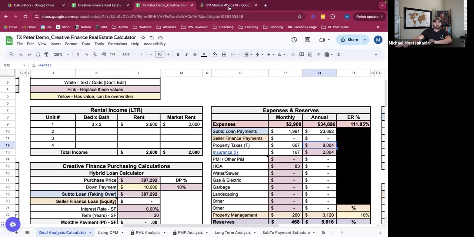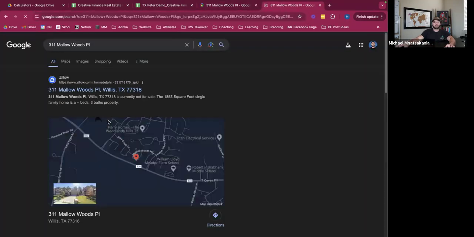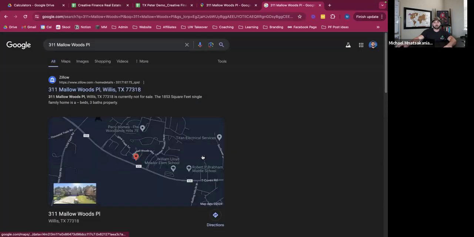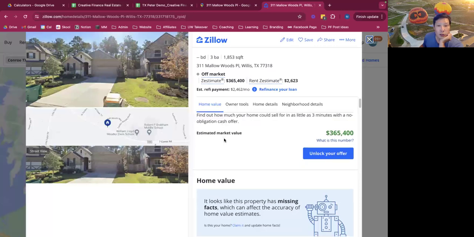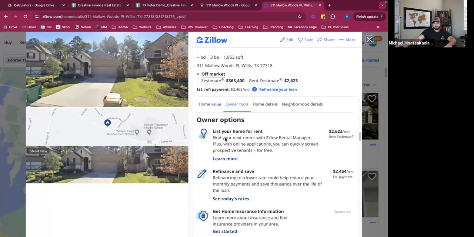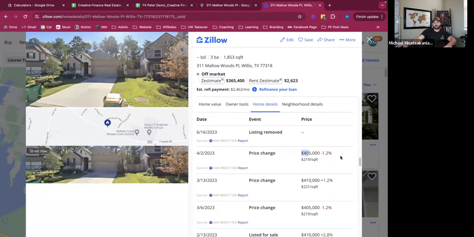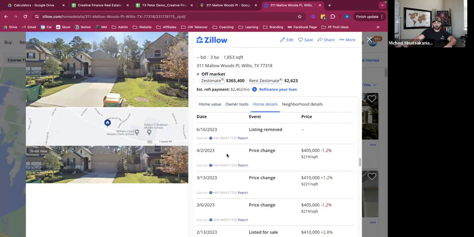We can actually pull this up on Zillow real fast. Talk to me about the situation. I know a wholesaler brought it to you. Do you know anything about the seller's motivation or anything like that? That I do not know. Because I like to know that stuff right away. In my opinion, it's the most important because that's how you negotiate. Looks like they tried selling it for 405 before and couldn't. So this is an expired listing, but a whole year ago